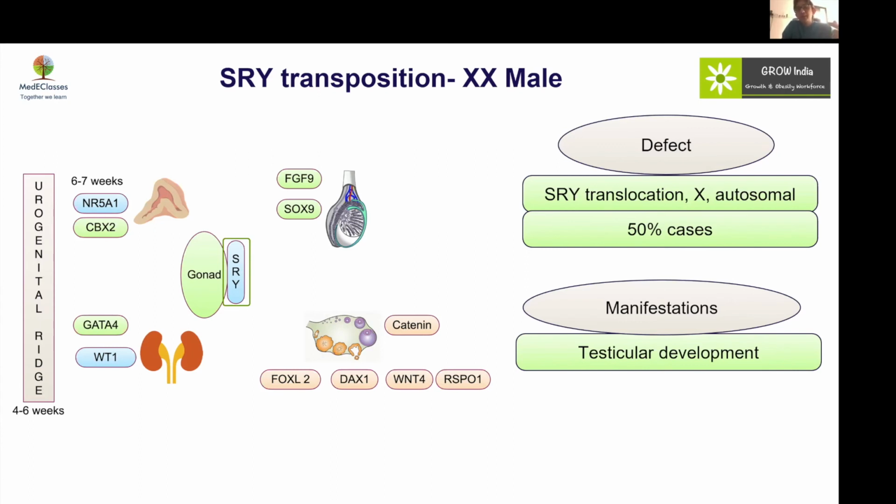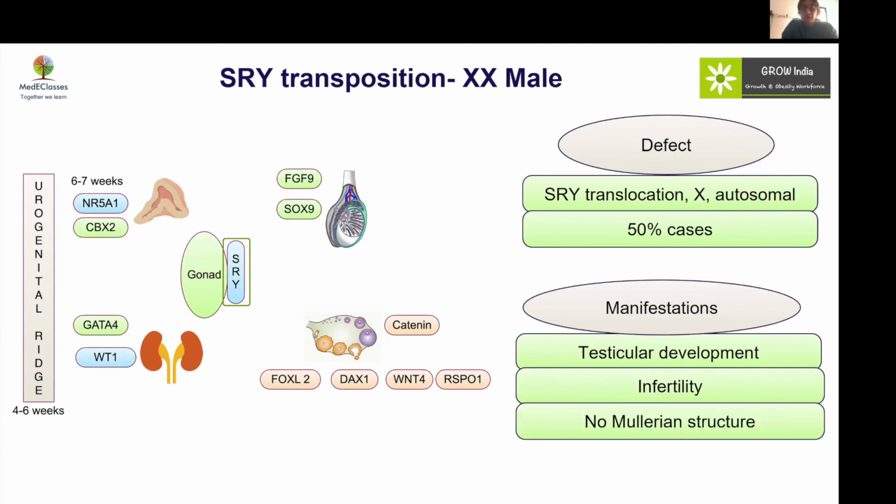There might be irregularly shaped testis, which may be present in the abdomen or the inguinal canal, but these are dysgenetic gonads. They can produce some amount of testosterone, but not typical sperm and semen, in this type of SRY translocation male, but still they are reared as male. These are called XX male.